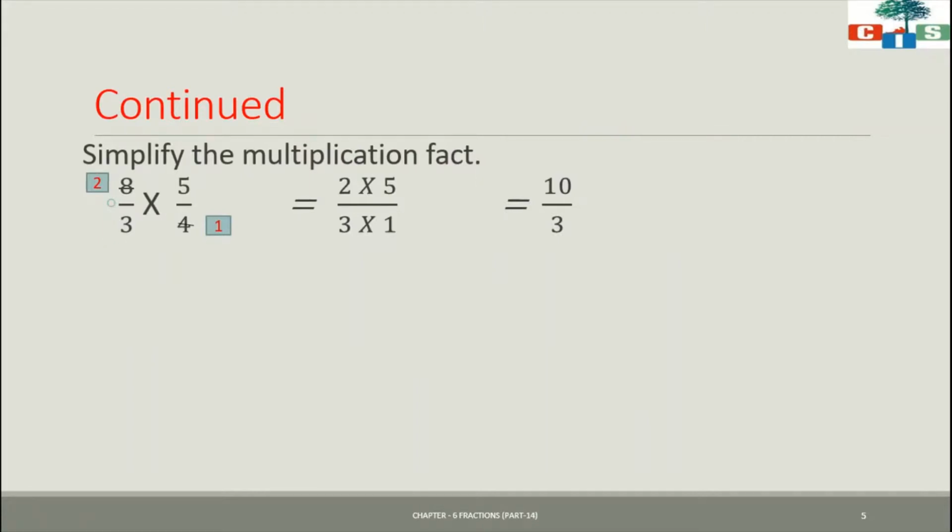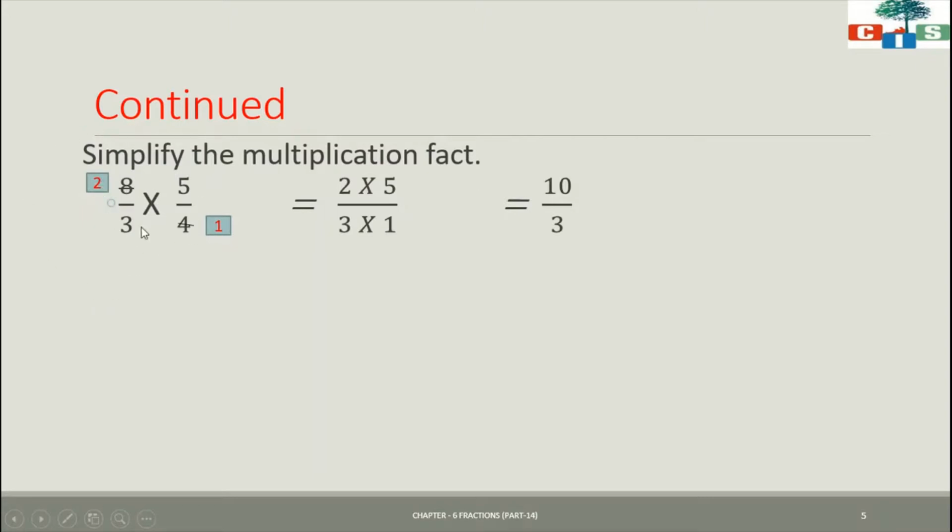That is, we have to divide the numerator and denominator by the common factor. So here we can see that we have 8 in the numerator and 4 in the denominator, and we know that 8 and 4 we can easily divide by 4. It means 4 is a common factor between 8 and 4. So we will divide by the common factor. When I divide 4 by 4, I get quotient 1, and when I divide 8 by 4, I get quotient 2. I will cut this 8 and write quotient 2.